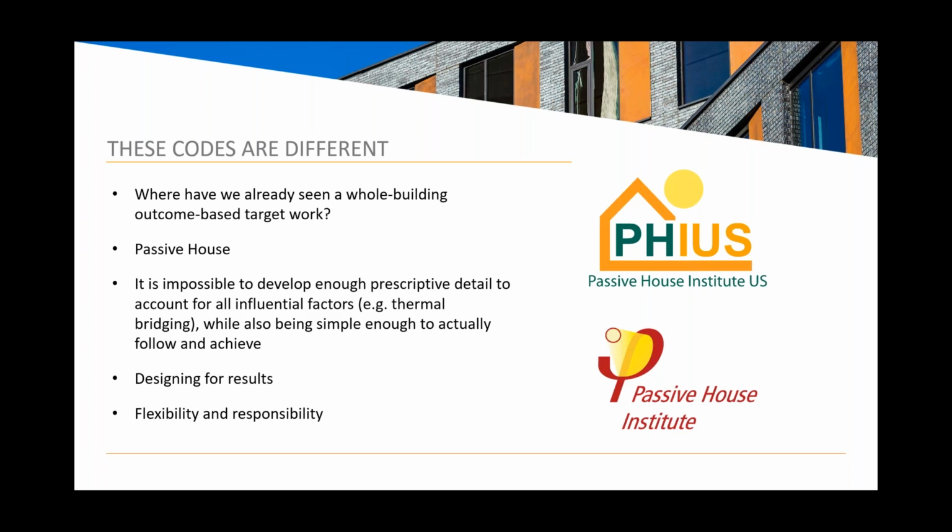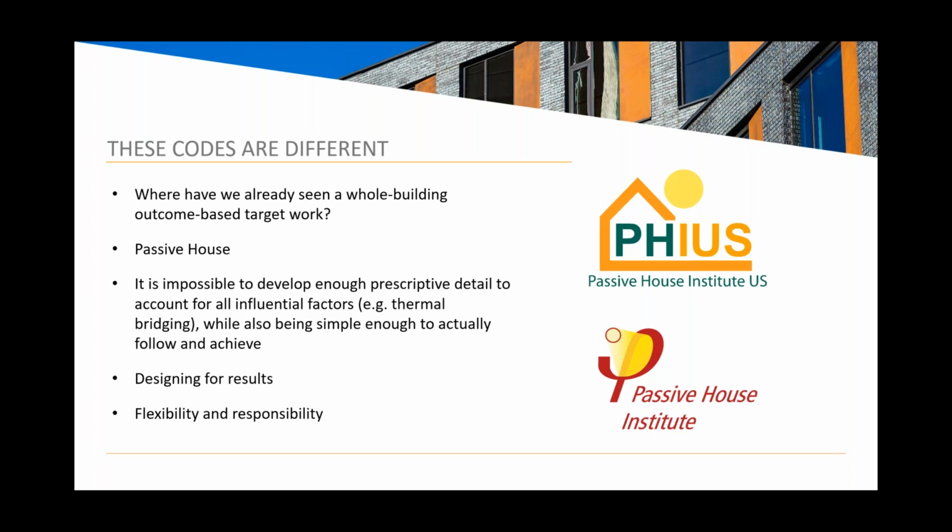And where we've seen that is under the brand name Passive House, whether that's Passive House Institute International or Passive House Institute US. That has been the way the Passive House guidelines have been targeted. It's a mathematical collection of equations that add up to, do you have a building that is modeled to operate within a limit of energy use per year per square foot, or does it exceed it? And it doesn't mandate prescriptive targets for each individual assembly, and it doesn't mandate limits to glazing area, and it doesn't mandate certain types of mechanical systems or anything like that. It's just meet the result.